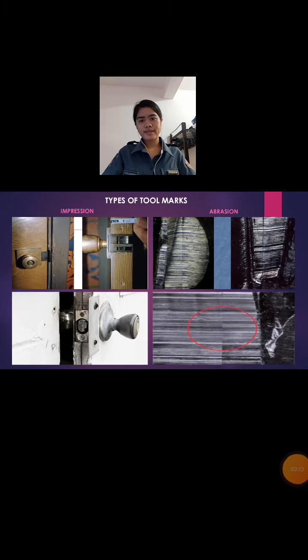Now for the third slide, there are basically two types of marks left by tools on surfaces with which they have come in contact. The first type is an impression, which is a negative reproduction of the tool surface, such as a screwdriver or pry bar impression, left on windows or doors that have been forced open, or punch impression